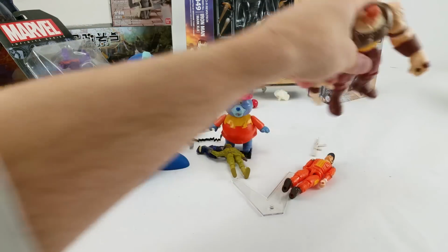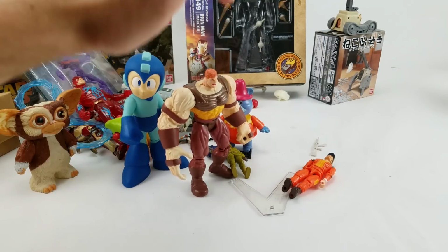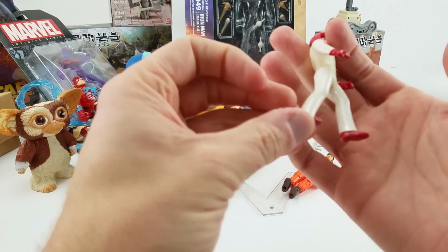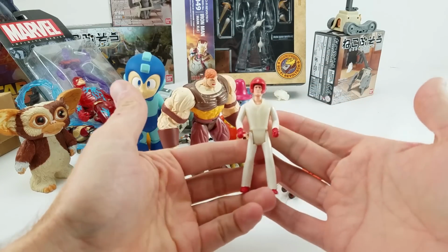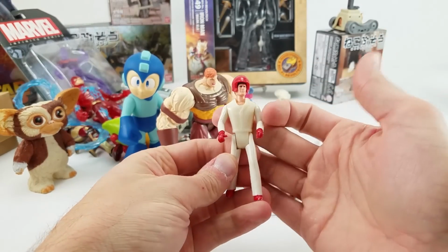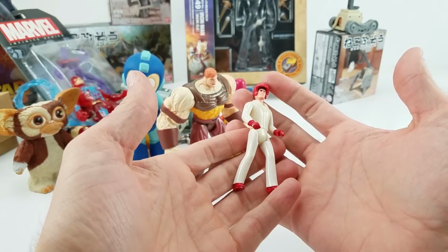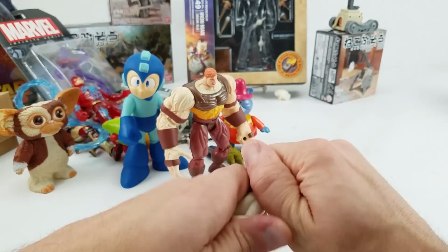Also from Robert, we've got Juggernaut with his missing helmet. I think I actually have an extra helmet in my miscellaneous accessories bin. And then this guy back here, who I forgot to put in my notes what the name of this brand is. Nylint, that's what it was. Honestly, I don't know much about Nylint and the stuff that they were making. I'm going to guess they were about the same time as Fisher-Price Adventure People, just sort of a competitive brand. This guy's helmet looks like it comes off, but...